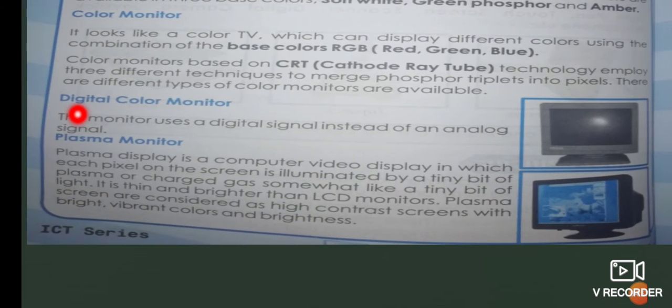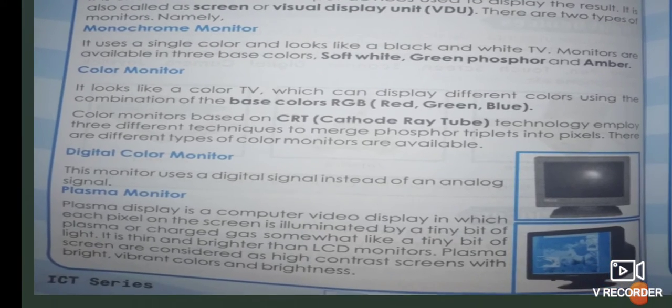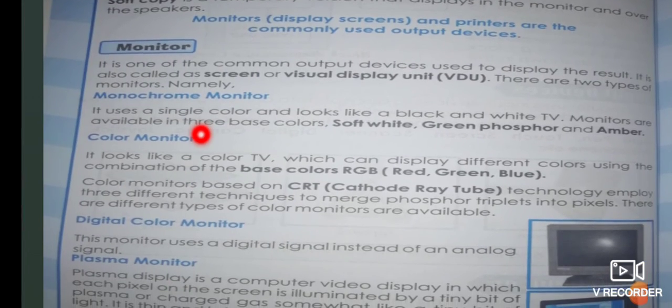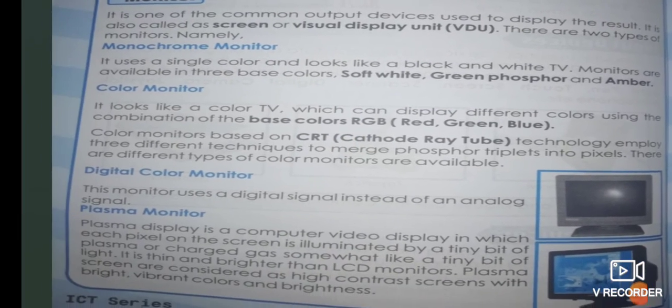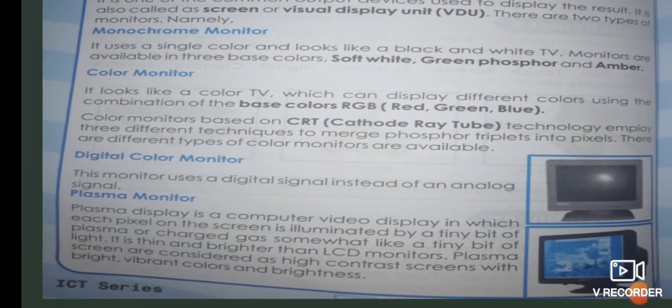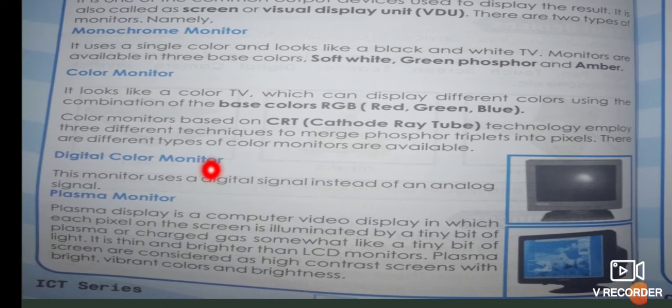There are two types of monitors, monochrome and color, and within color monitors there are different types. The first one is the digital color monitor. This monitor uses digital signals instead of analog signals. Analog means waves.